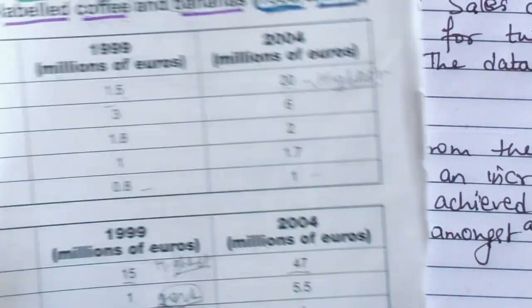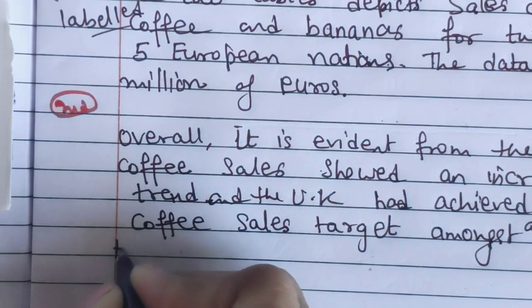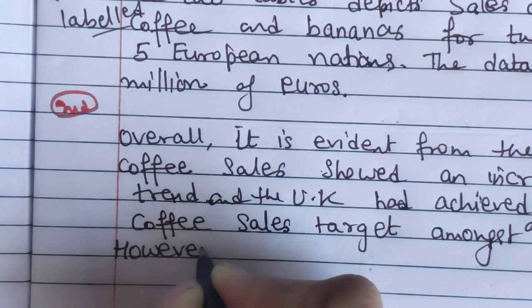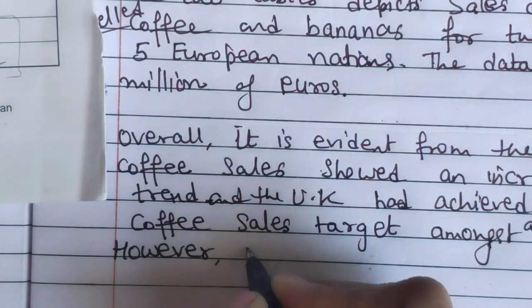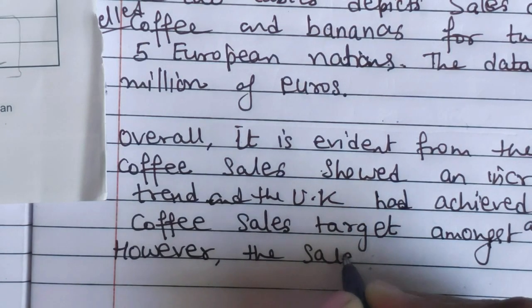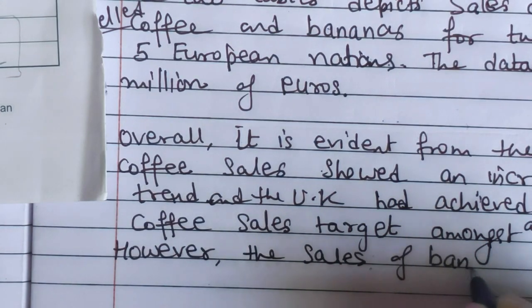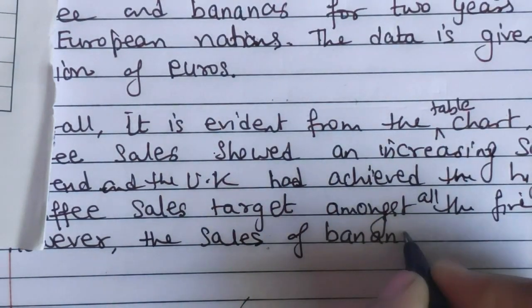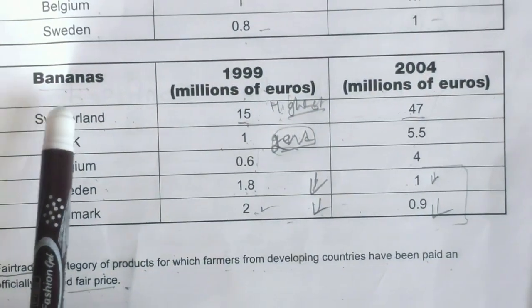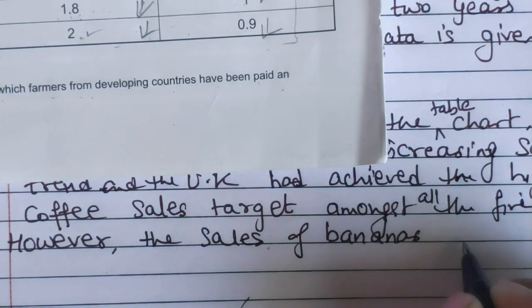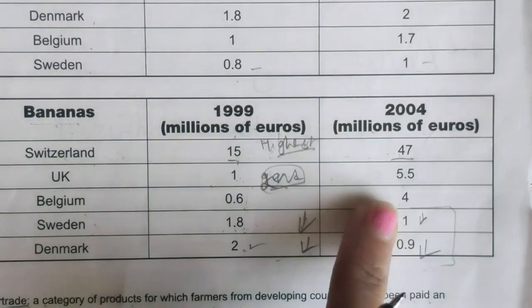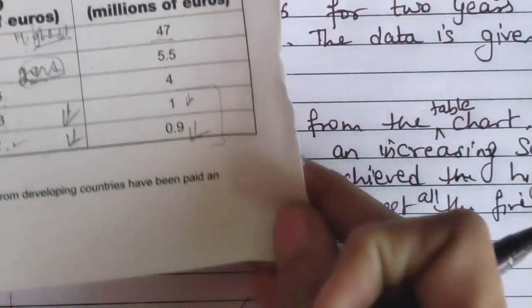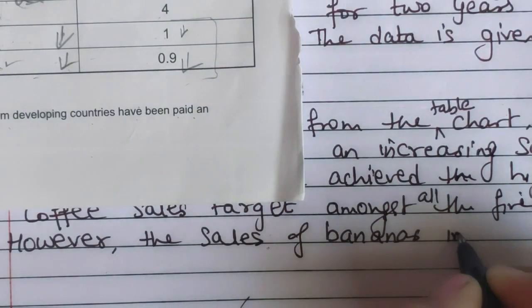So now what about the second, bananas? However, the sales of bananas, especially they are talking, okay, bananas, so everywhere it is increased, but here two countries have shown a decreasing trend. So what we can write, however the sales of bananas in Switzerland, so I will be